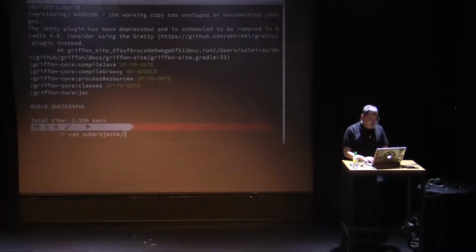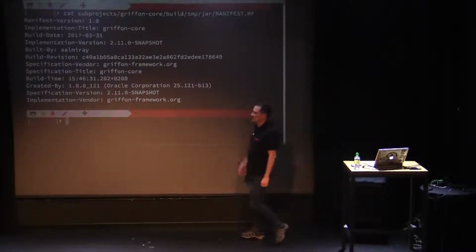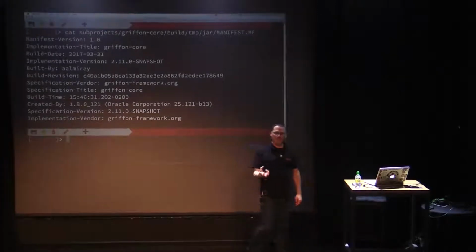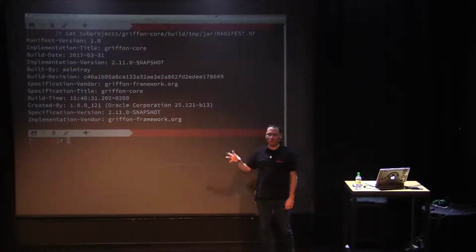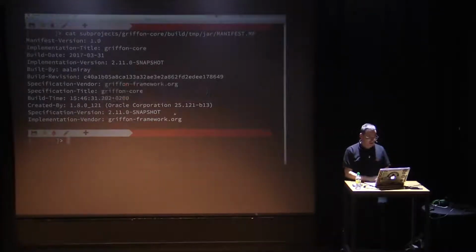And then going to subprojects, Griffon core, build tmp jar manifest, and I get this, and I get the latest hash. And because it's information that is already found in the manifest, you can have your applications reading this file, and this is something that we do on a Griffon application. So when you bootstrap it,